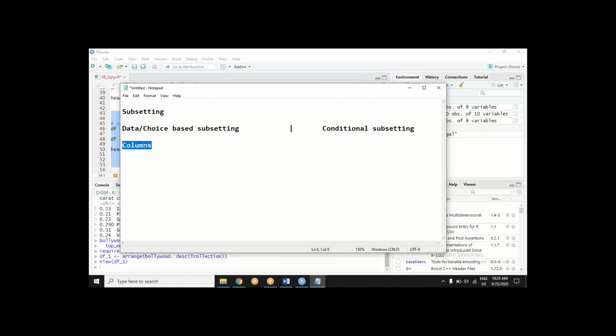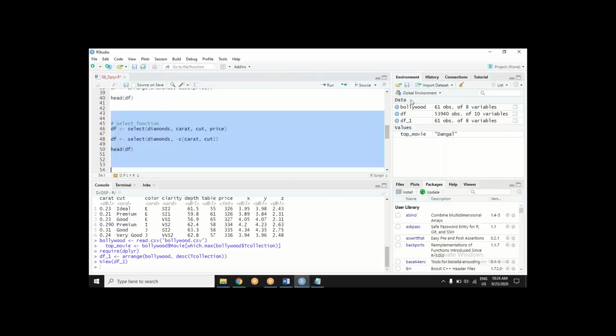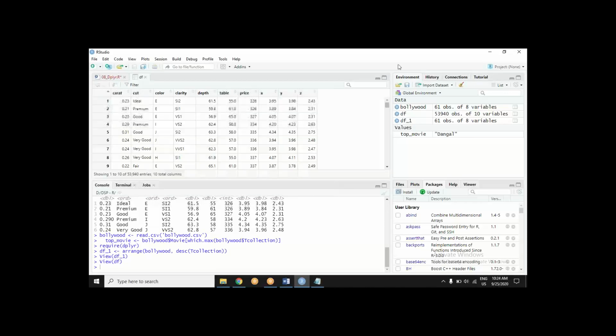Who will decide whether I need this column or not for my further analysis? Suppose I am doing something on this dataset, and for some reason I know that for my analysis I don't have to do anything with clarity. Maybe I am interested in carat, maybe in price, maybe in dimensions, but nowhere clarity.